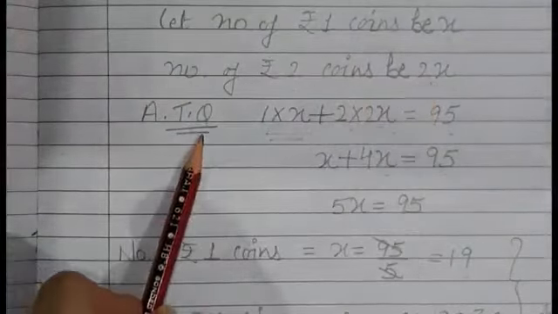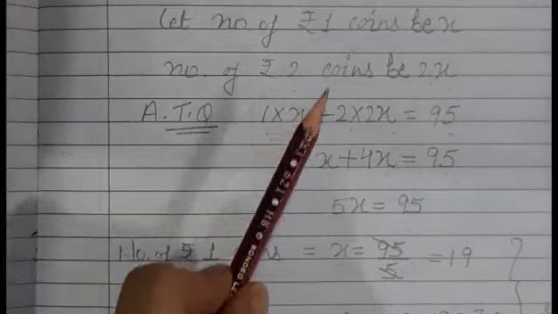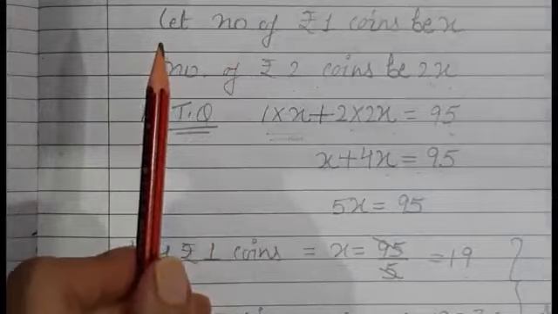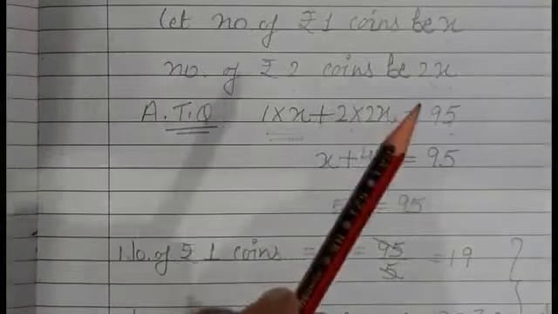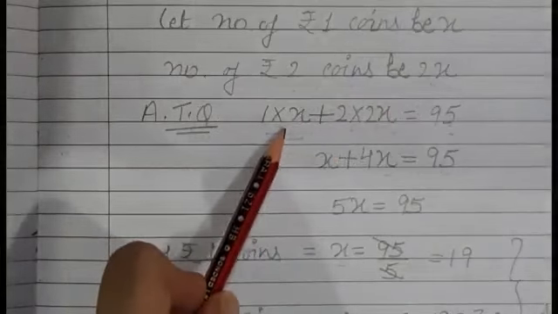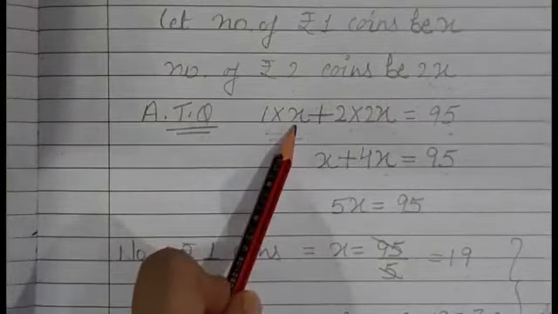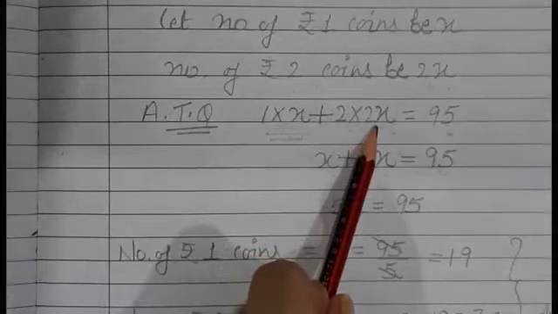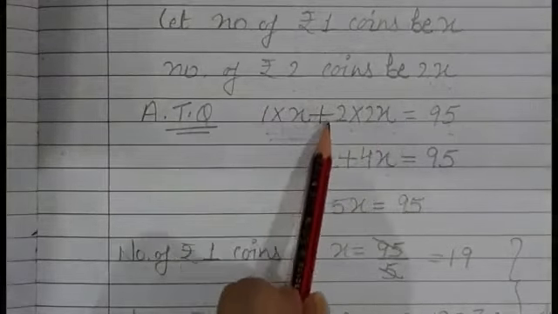Then according to the question, what will be the equation? If you are having 10 coins of 2 rupees, then the total amount you are having is 2 into 10, that is 20. Similarly, we have to do in this numerical. They are saying 1 rupee x coins, so 1 into x, 2 rupee 2x coins, so 2 into 2x, and the total amount will be